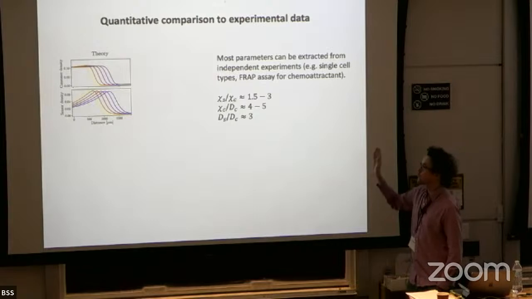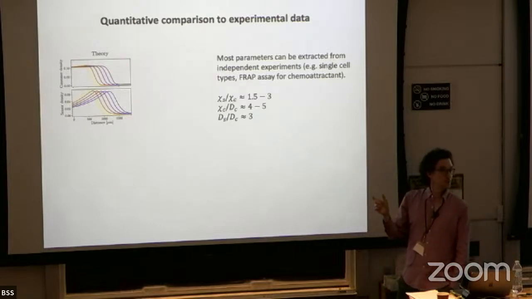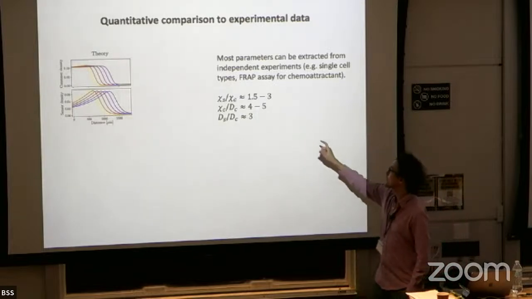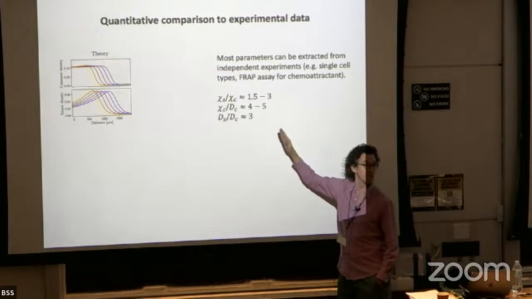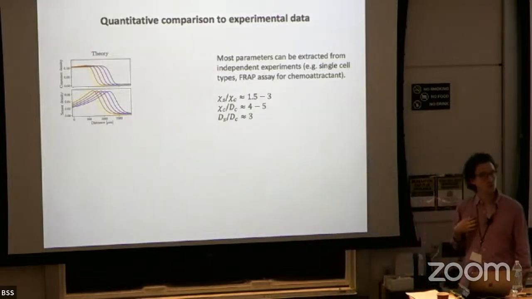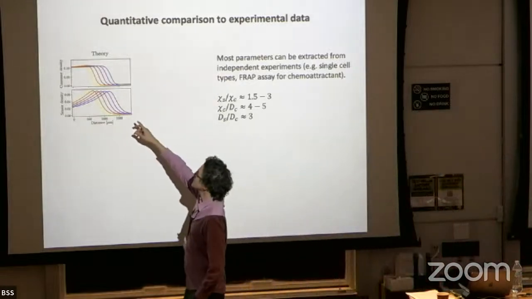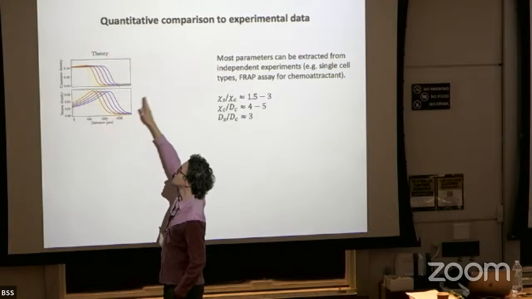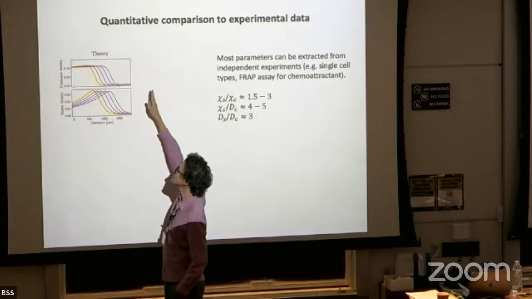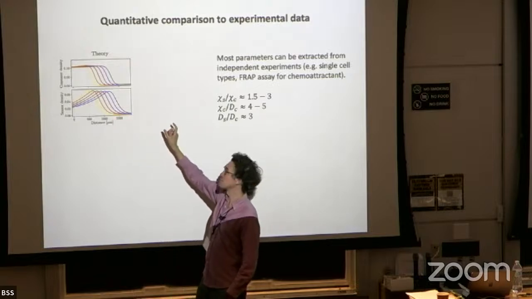And through the velocity of the wave, and the separation of the peaks, you can also get your chemotactic coefficients. It turns out that, through a number of independent measurements, we could constrain pretty well all of the important ratios of our theory. What this predicts is that the consumer forms a front that is propagating at constant velocity, and that the sensors form a peak, which is a little bit ahead of the front,